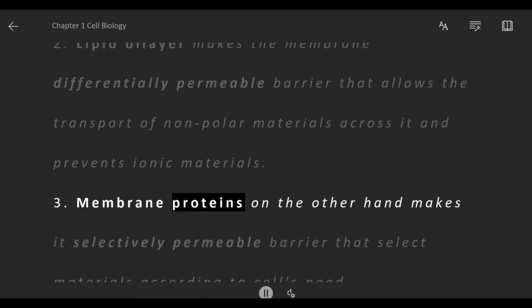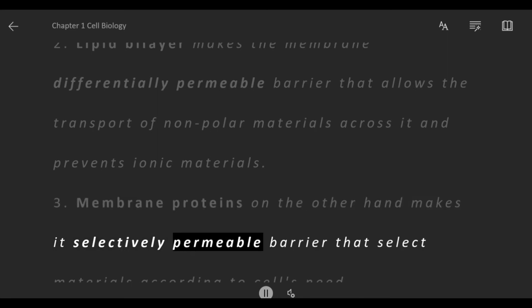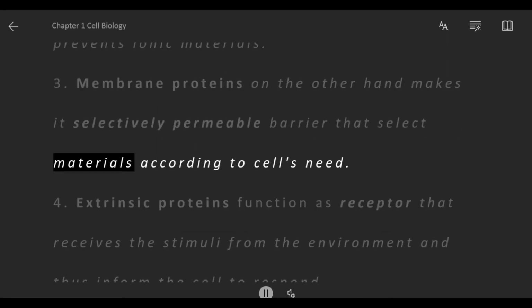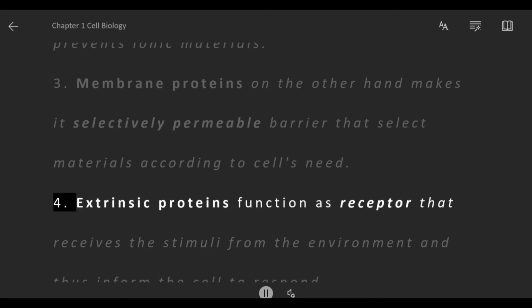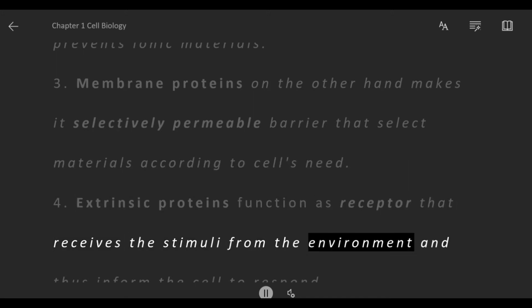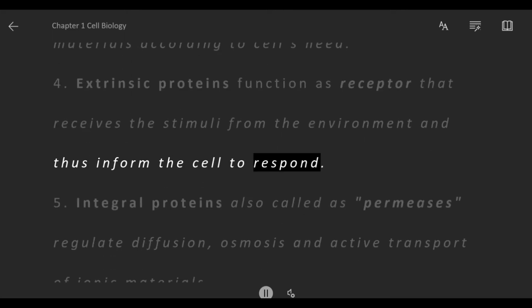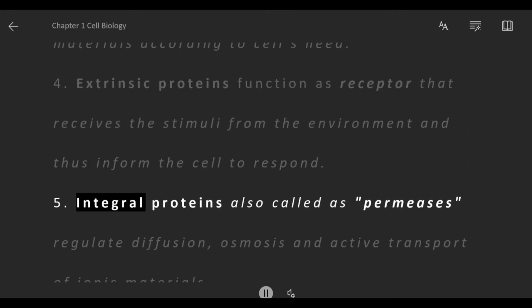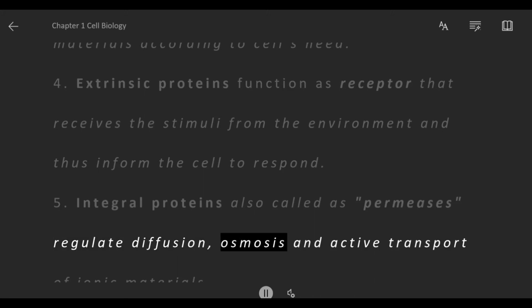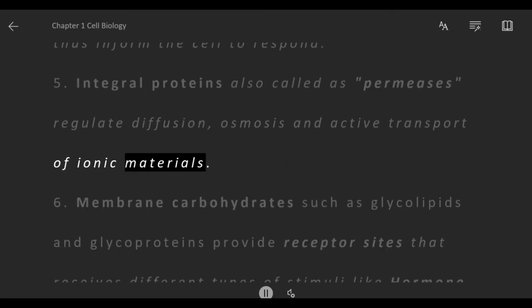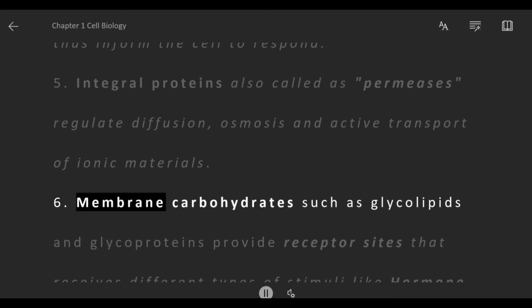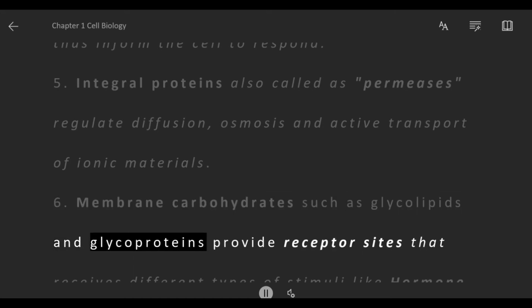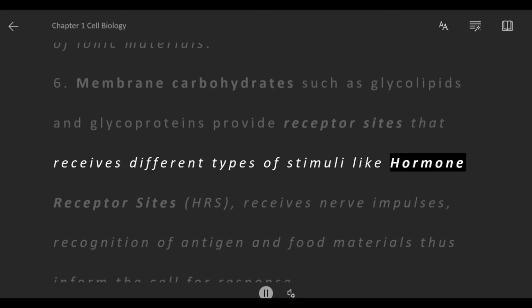3. Membrane proteins, on the other hand, make it a selectively permeable barrier that selects materials according to the cell's need. 4. Extrinsic proteins function as receptors that receive stimuli from the environment and thus inform the cell to respond. 5. Integral proteins, also called permeases, regulate diffusion, osmosis and active transport of ionic materials. 6. Membrane carbohydrates such as glycolipids and glycoproteins provide receptor sites that receive different types of stimuli like hormone receptor